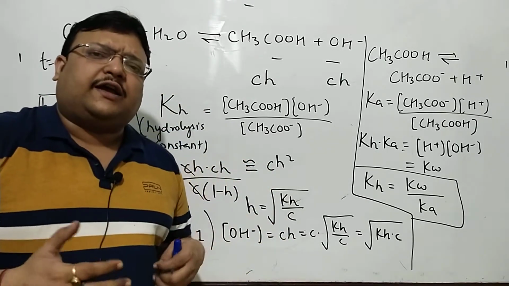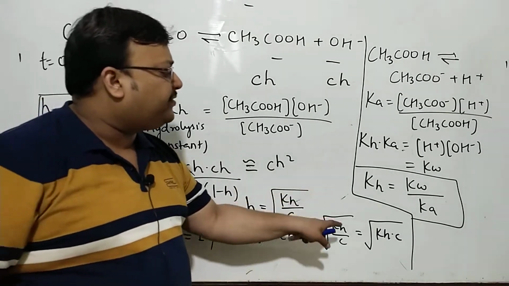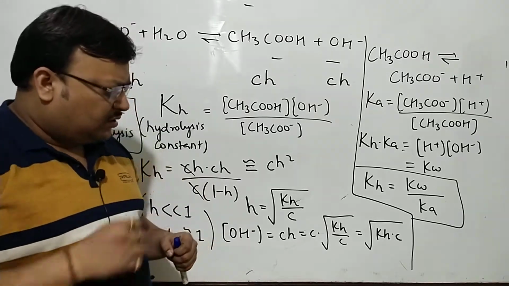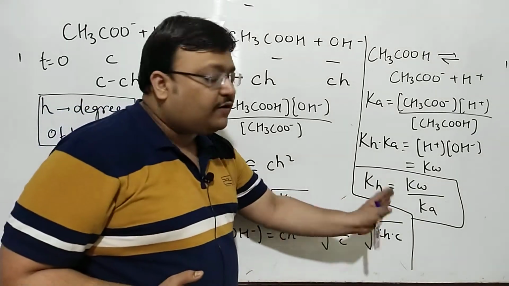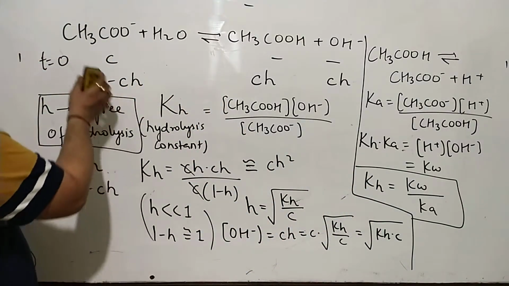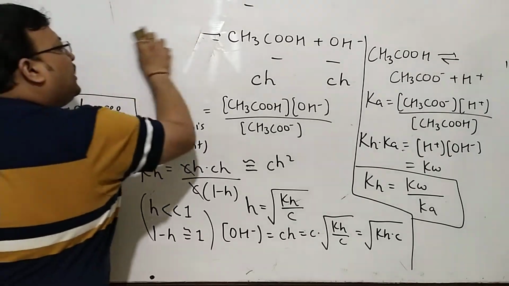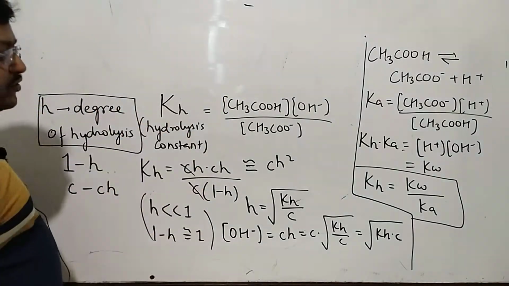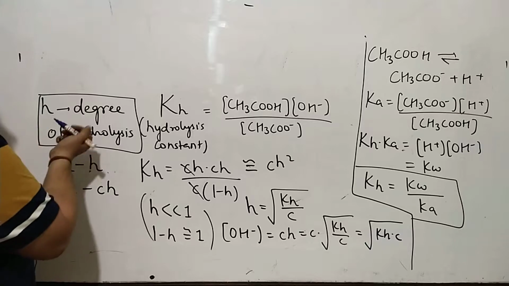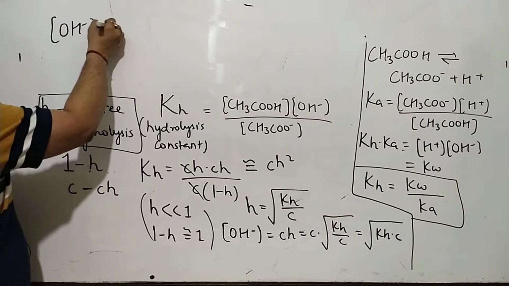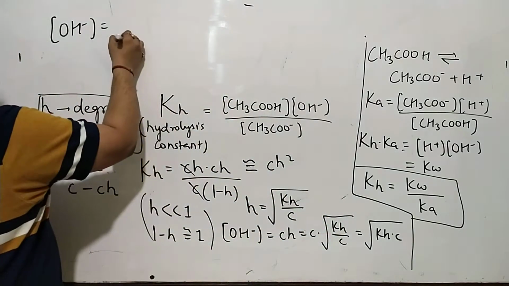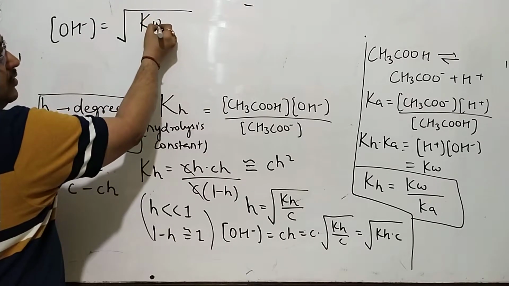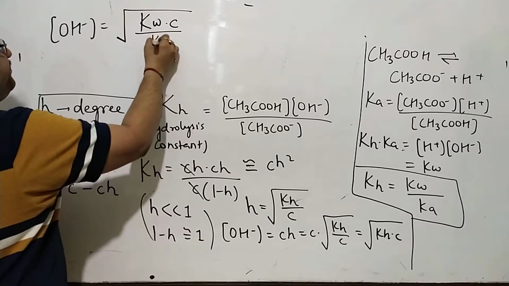So we had expressed Kh in terms of Kb in the past. Now I am expressing Kh in terms of Ka. A couple of mathematical steps and I'll get the pH now. So OH minus is root Kh into C. Now what I do is I write Kh in terms of Kw. So OH minus now could be written as root over of Kh into C, and I write Kh as Kw upon Ka. So it will be root over of Kw into C upon Ka.